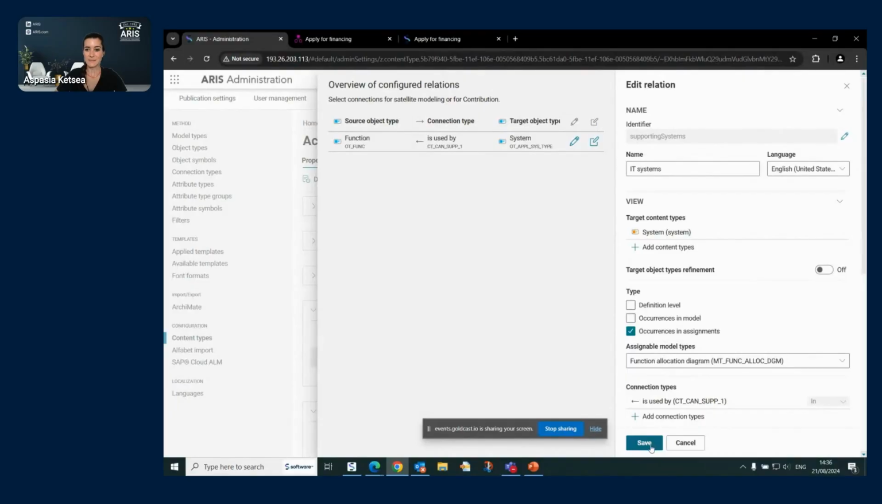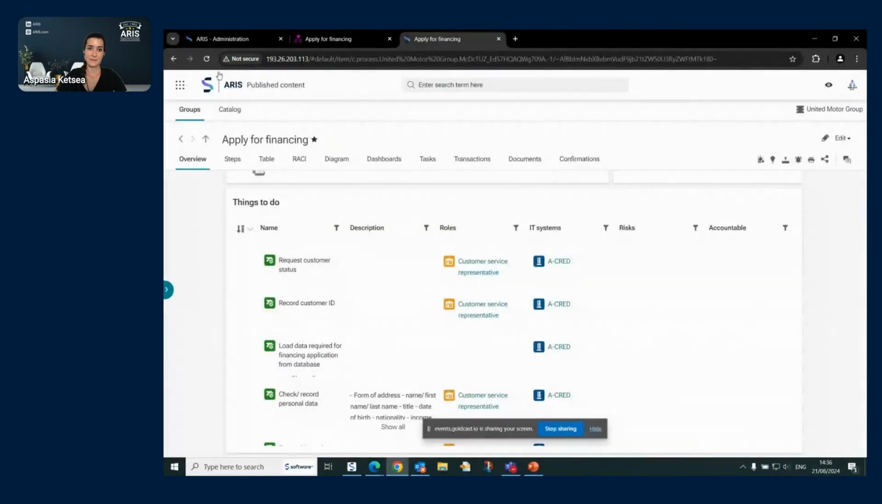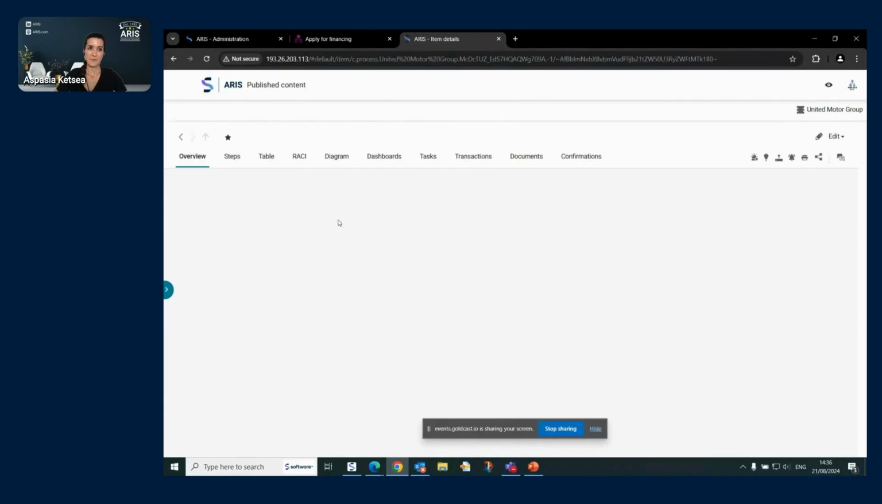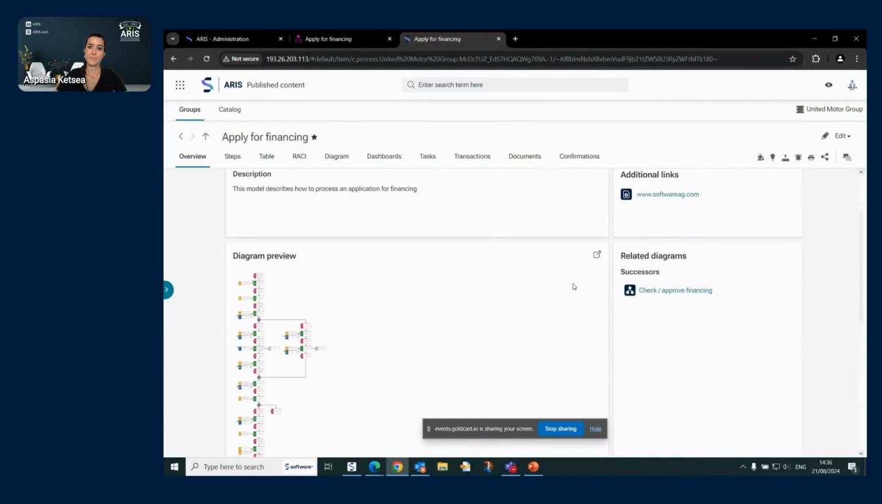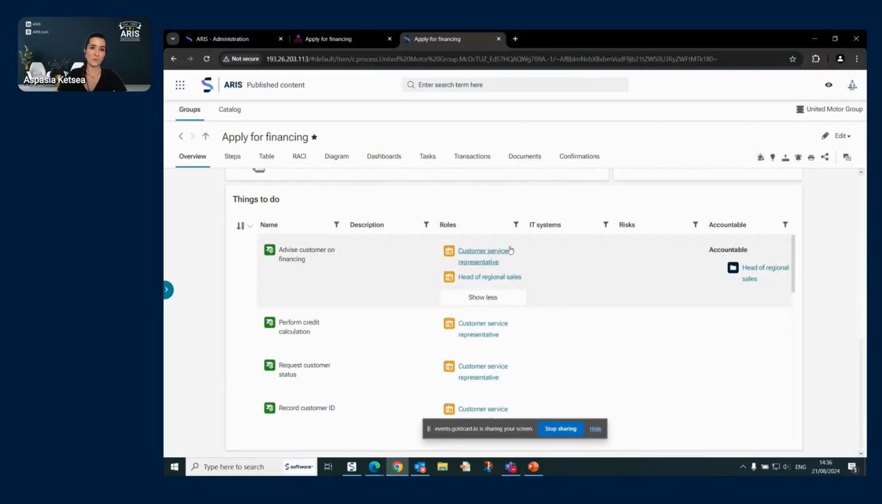So, occurrence in assignment. Now I save it here. I expect that this is getting removed if this works correctly. I have refreshed my page, and here you see that they might be in the model, but I have decided that I don't want to show this. And the same, maybe in another case, it would make more sense to say that I don't want